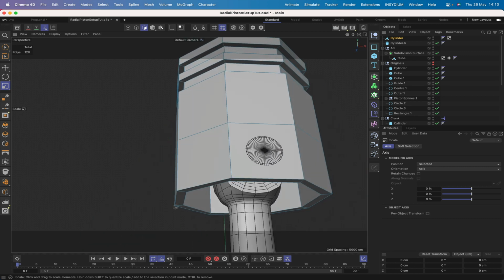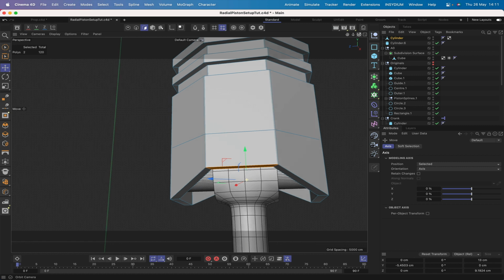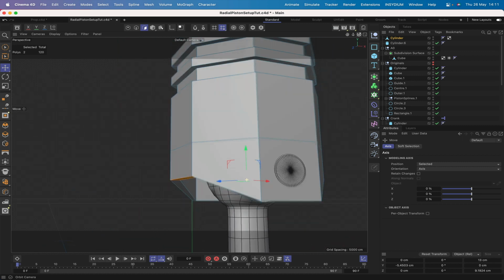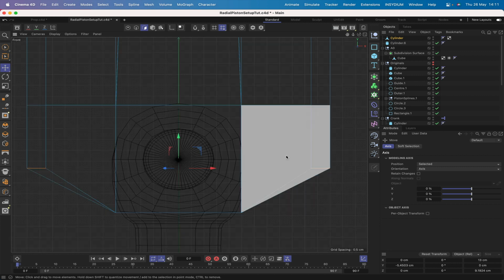Great. So now let's select this and this and move them up to somewhere there to give us the shape that we want for our cylinder head, or our piston head. Looking nice. So we've got the basic shape there. The next thing to do is go into our front view again,